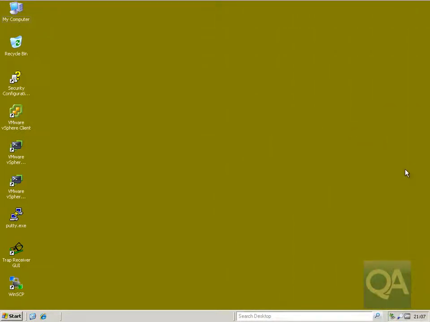In this demonstration we're going to look at installing ViewComposer. Now ViewComposer gets installed on the Virtual Center server. It has to be the Windows Virtual Center server, not the virtual appliance that we can get with vSphere 5. So what we're going to do is install it on the Virtual Center server, and the purpose